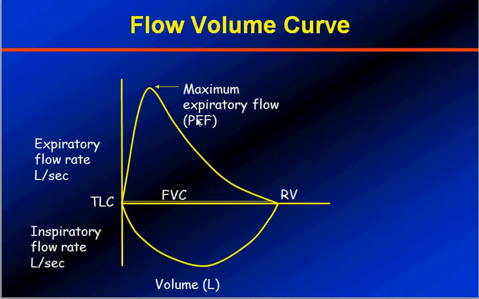This is the maximum expiratory flow or PEF, and then the respiratory effort comes down to the resting level. This is the residual volume, and all this is the forced vital capacity, the volume in liters. From here to here is the forced vital capacity. Then the inspiratory flow is inscribed in the curve here at the bottom of the baseline. So the very appearance of the curve will give us an immediate diagnosis of whether there could be an obstruction, or how severe the obstruction is. So this is a flow volume curve.